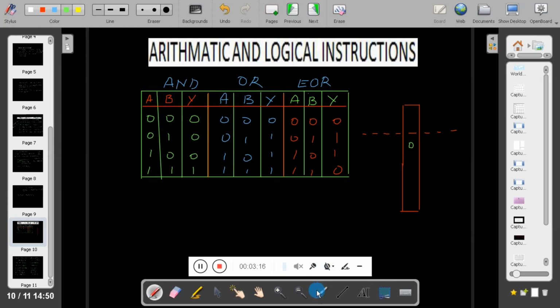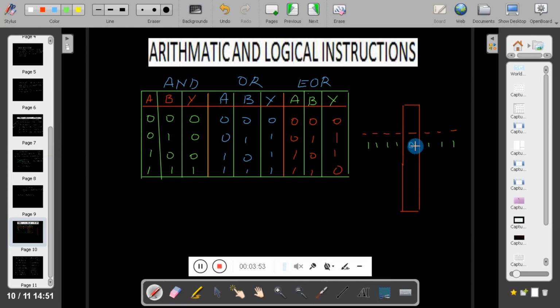You see here, if you AND any bit, 0 or 1, with 0, you will get 0. If you AND any bit with 1, it will remain as it is. That means here I have to use AND operation with that bit 0 and other bits as 1. Then other bits will remain as they are and this bit becomes 0.